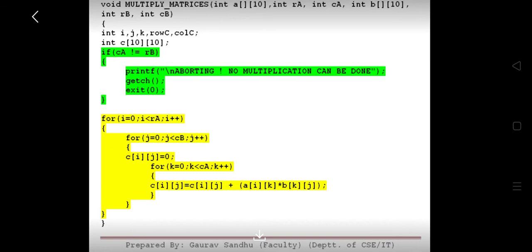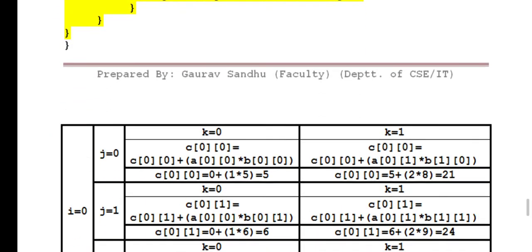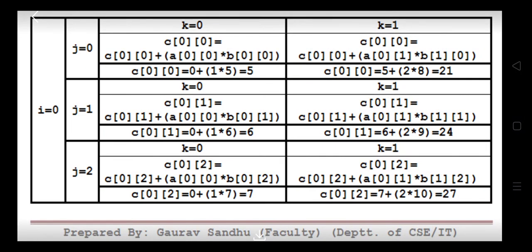Now let's see how the calculation is being performed by looking at a trial run. Let's see the case which produces the first row of the new matrix. For the first row of the new matrix, the value of i is 0. Due to the loop which is inside i, the value of j will vary from 0 to 2. Now because of the loop k which is inside loop j, the value of k will vary from 0 to 1.